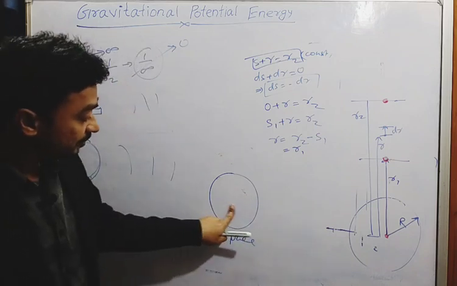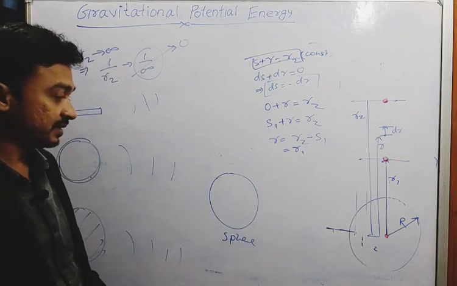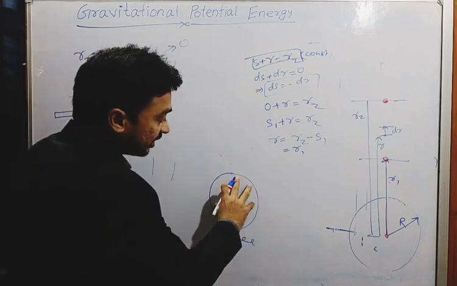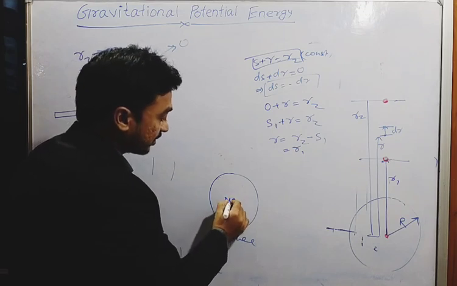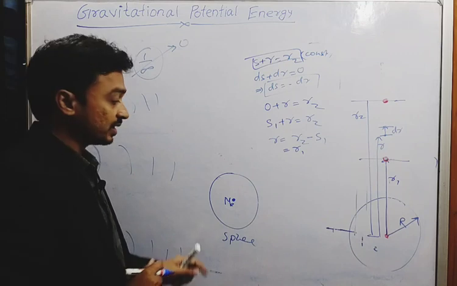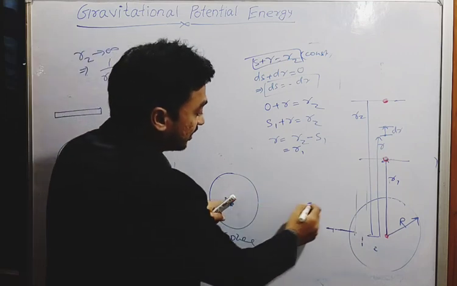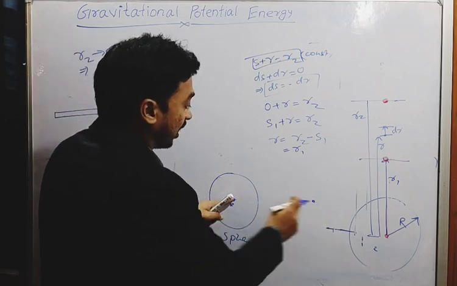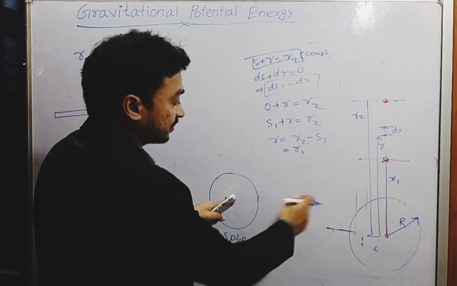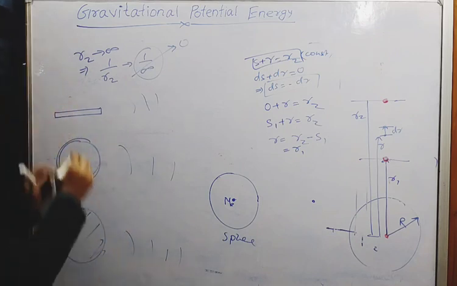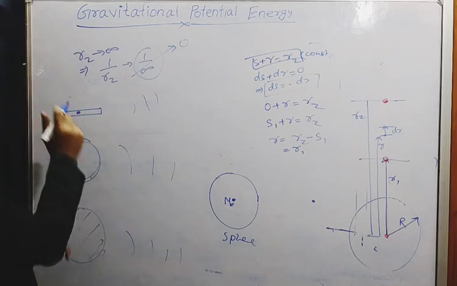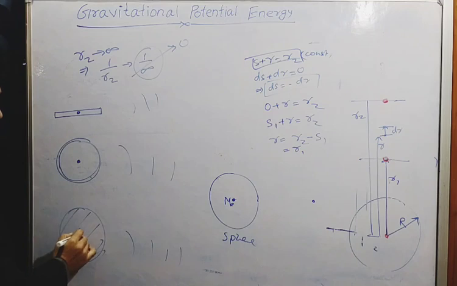And one more beauty of spherical shape is that you can take the whole mass concentrated at the center. The gravitational field outside the surface will not change. But for a rod, you can't take the whole mass at the center, and for a ring or a disc, you can't either. That's why for